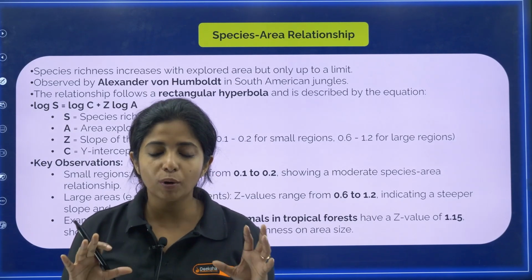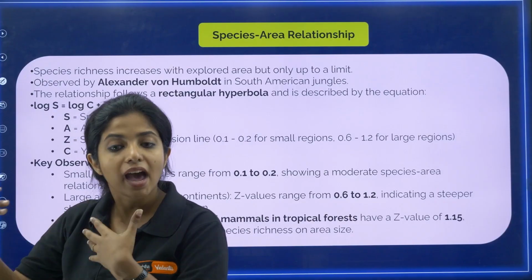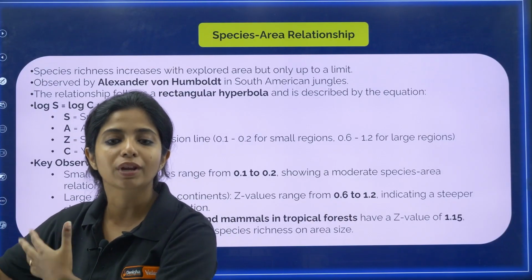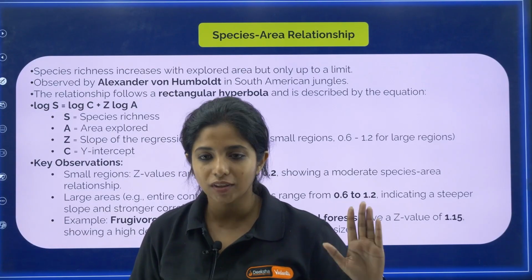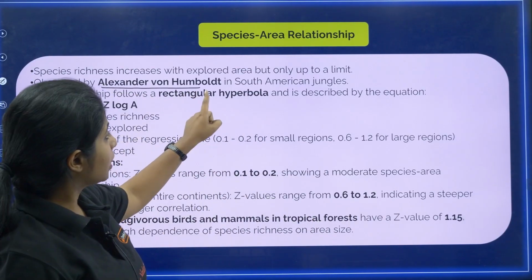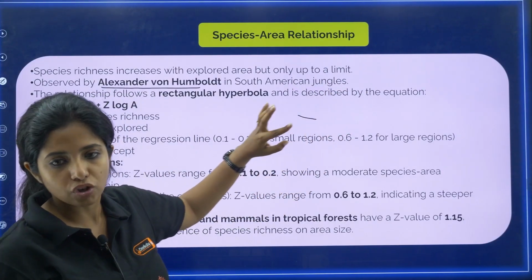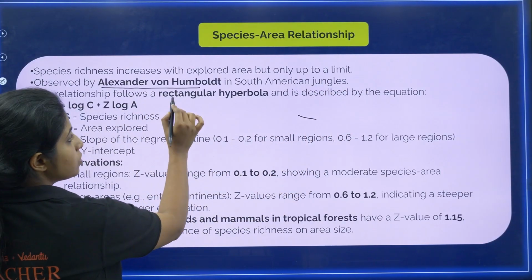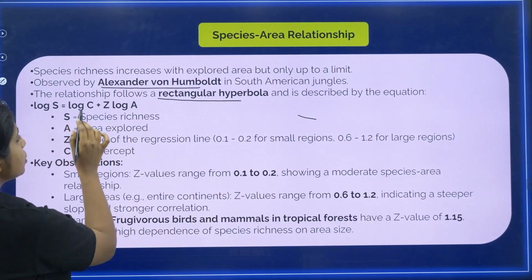So what I am trying to say is that species richness is going to increase as I explore more area, but only up to a limit, not more than that. And this was observed by Alexander von Humboldt in South American jungles, my dear children. The relationship follows a rectangular hyperbola and is described by the equation log S equals log C